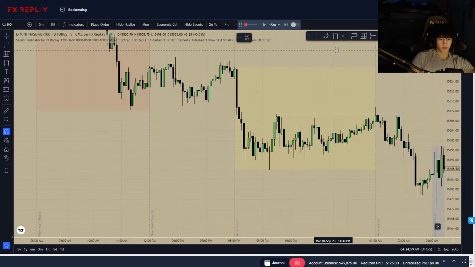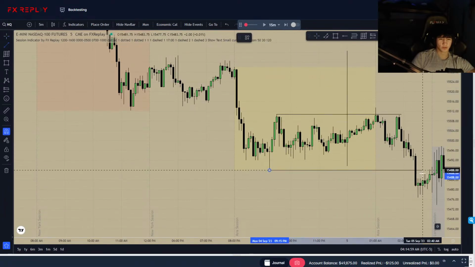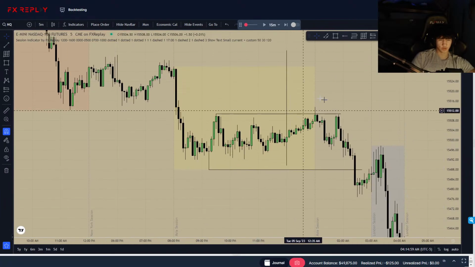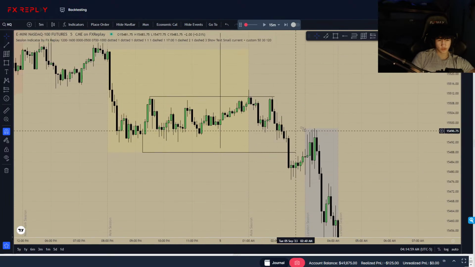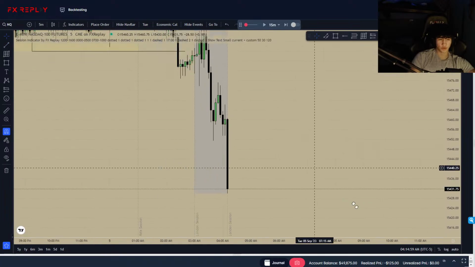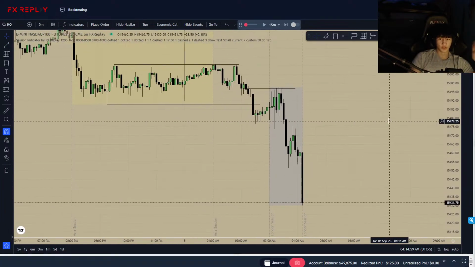Okay, let's see the midnight open. Midnight right here. So what we want to see for the Judas swing: we take out this high, a little sweep of this high, push lower, and displace through this low. And this retracement into this order block would normally be our entry for the London traders, but we have to look for a New York open trade. But this retracement to this first order block, this would be a good short.